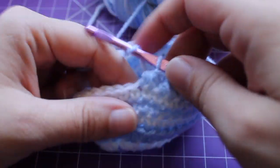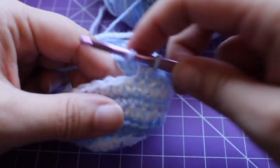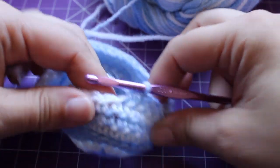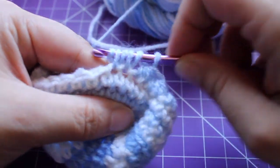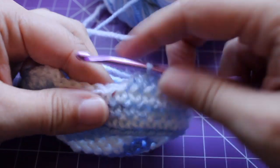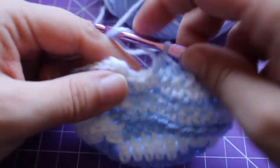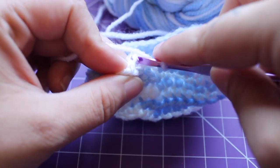So there's 2, 3, 4, 5, oops, 6, 7, and then 8. You've got 2 stitches left. Work a half double crochet in each of them. There's 1, 2. You can join with a slip stitch to that beginning half double crochet, and then